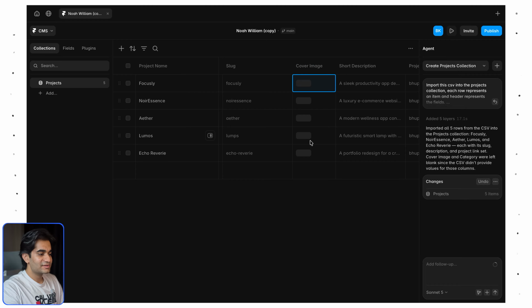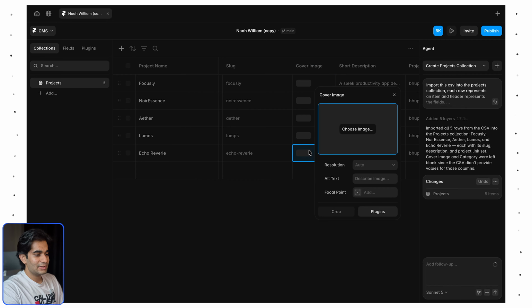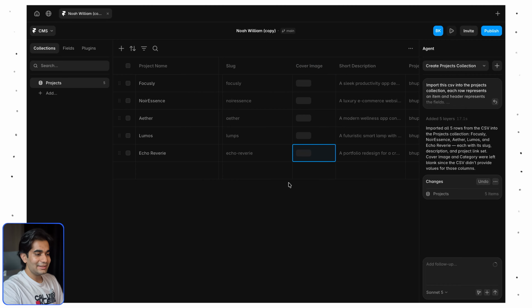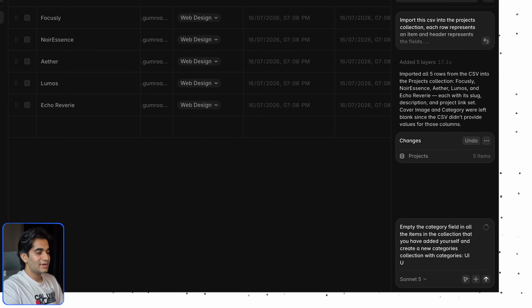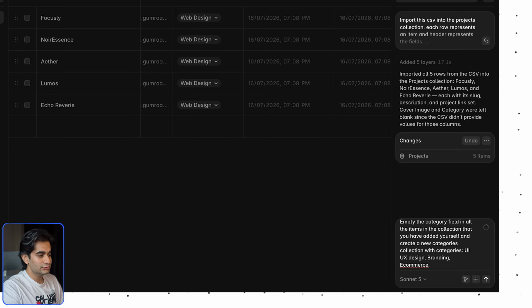So let's fix this mistake by the agent the right way, by asking it to create a real categories collection, not just a guess. So I'm prompting it to first clear out what it actually autofilled that I did not ask it to do. Then I actually tell it what I want this time. A real categories collection, 5 category names, my own this time. And I want to link it back to the projects as a multi-reference again, because obviously a project can fall under more than one category.